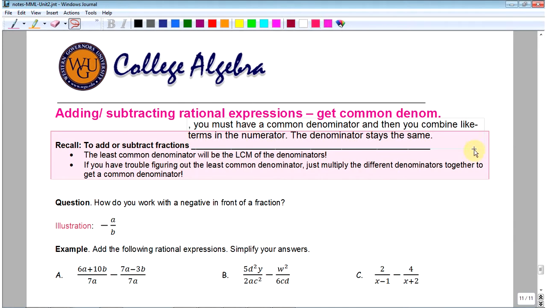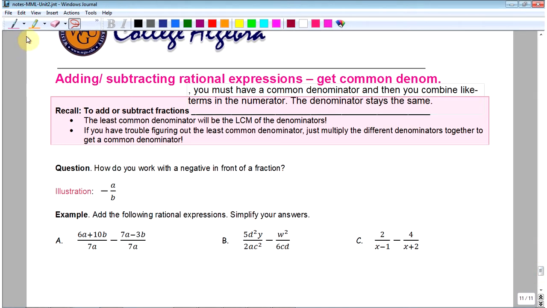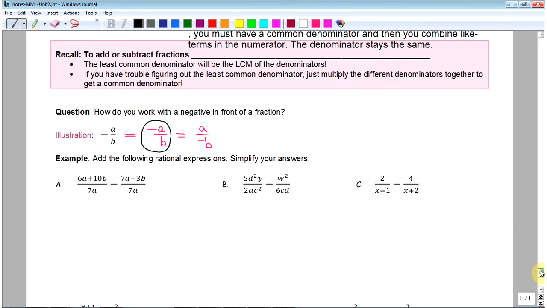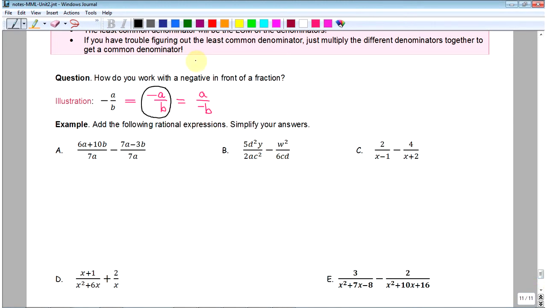Okay, another type of expression I want to make sure you know how to work with is if you have a negative in front of your fraction. When you have a negative written in front of the fraction, it's equivalent to pairing the negative with the numerator only, and it's also equivalent to pairing it with the denominator only. In most instances, it's going to benefit us to pair it with the numerator, but just note that these are all equivalent expressions. So keeping all of these things in mind, let's add the following rational expressions, and we want